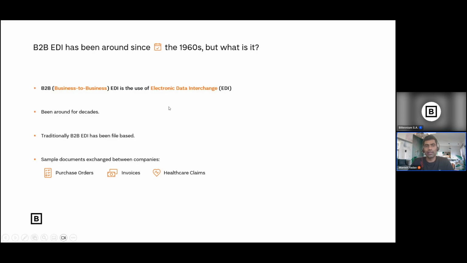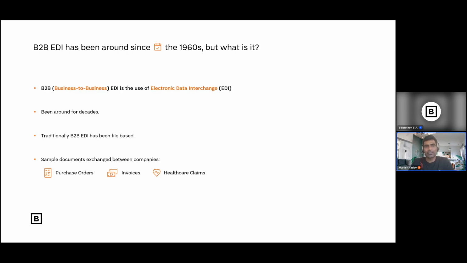So what is it? The same documents, the purchase order document, invoice document, and claim document, are going over the API, going over the EDI, going over a TCP connection or internet connection. Sending that data over the internet or over a TCP connection with a proper contract is nothing but EDI, or electronic data interchange. It is the exchange of data between two businesses electronically, over the internet or a TCP connection. It's called EDI. Am I clear?